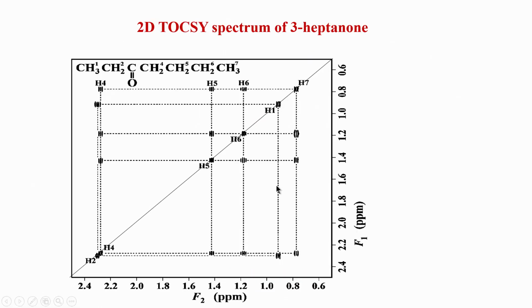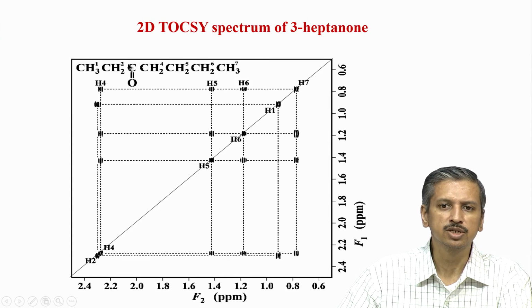Now, let us look at an example. This is a real spectrum of the molecule 3-heptanone, which we saw for COSY. Here you can see that we have 4 protons, but there is a break here. Break meaning there is a carbonyl here which is not allowing the coupling to go from proton 2 to proton 4, because you see that there is no proton here. For example, if I want to do a TOCSY connection between this proton which is labeled 4 and this proton which is 2, I need to depend on one bond which is this carbon proton, 2 bond, 3 bond and another 4th bond to this proton.